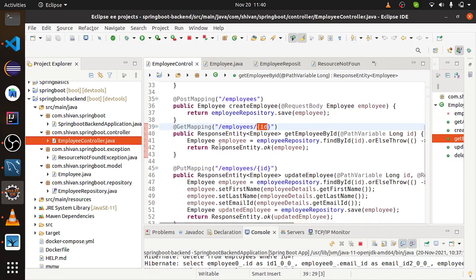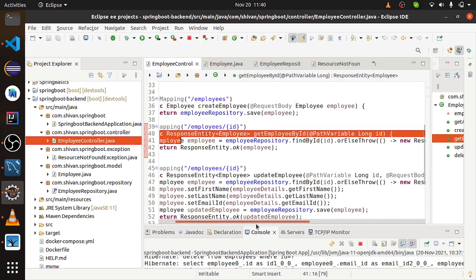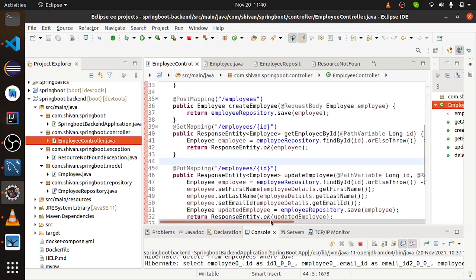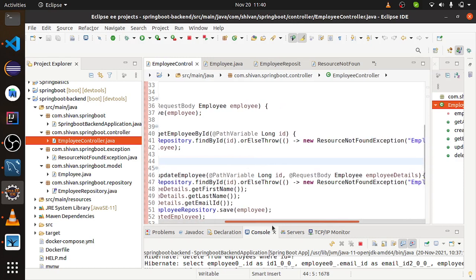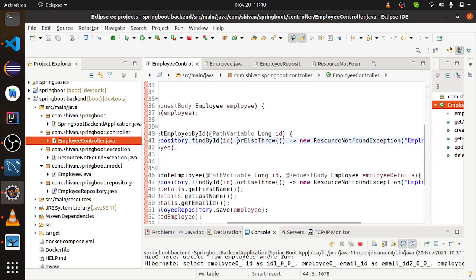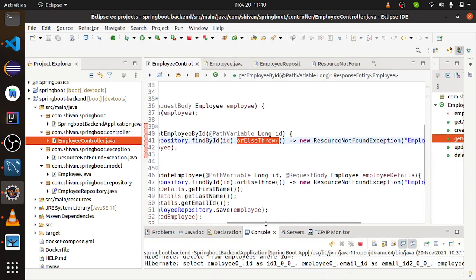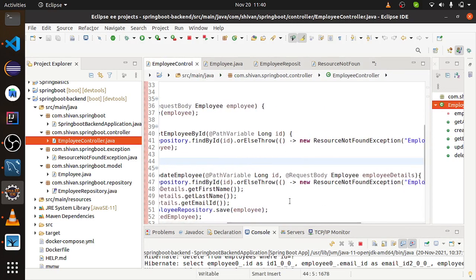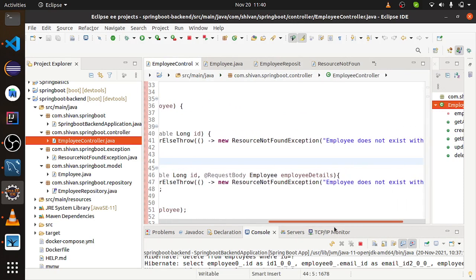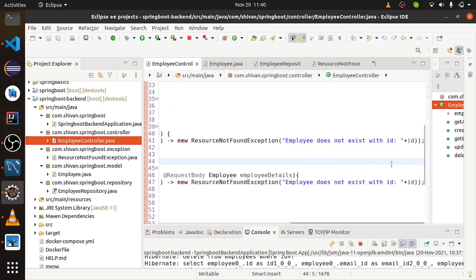And in the second line, we have used lambda expressions. So basically this employee repository has a find by id method where we are providing the id, and we have a kind of an optional where we have to say what would happen if it doesn't get any employee. So we have to make an option for that. We have used orElseThrow, which is a kind of functional interface. It has used the lambda expression, and we have not passed any argument, and it has thrown the resource not found exception, and we are passing a message into it along with the id.